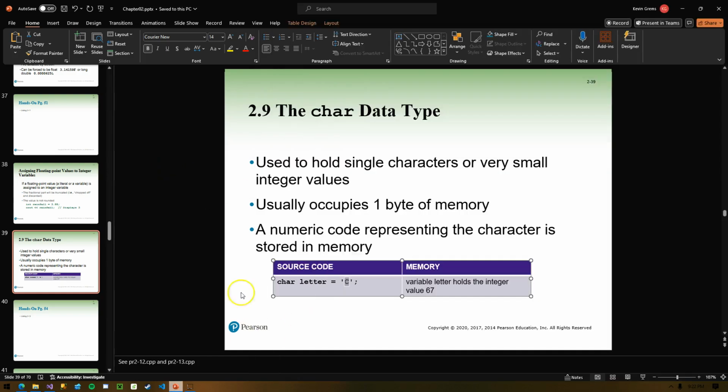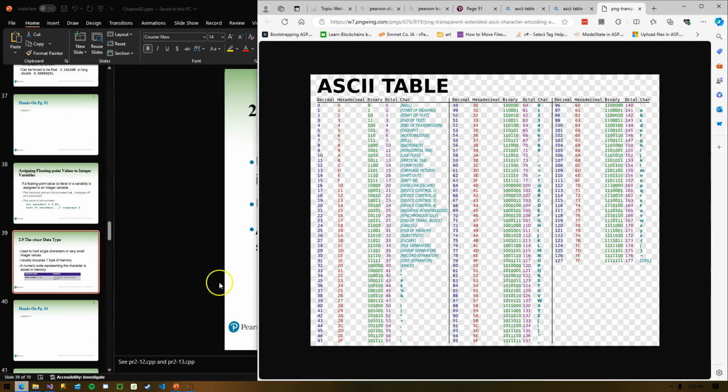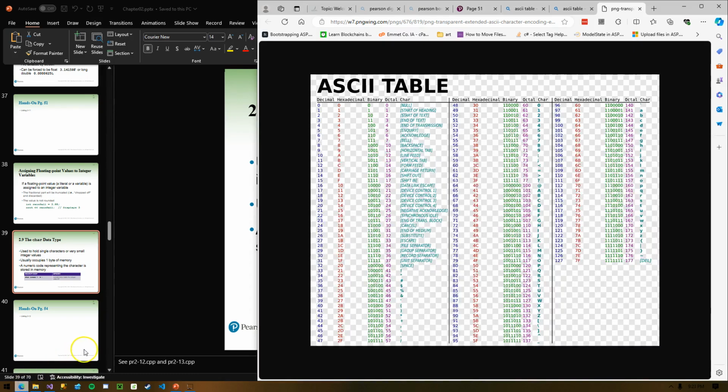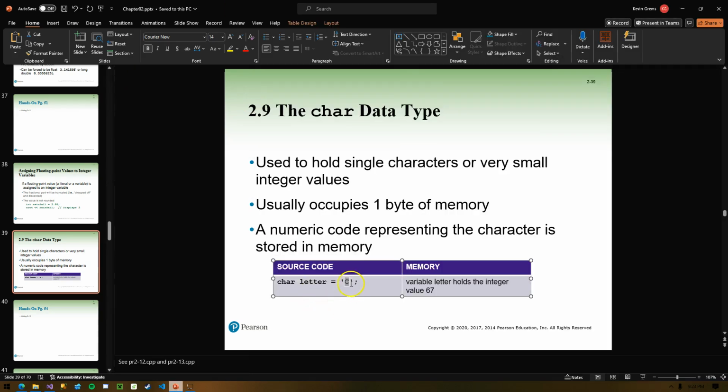All right, let's look for the letter C. Notice the columns here: decimal, hexadecimal, binary, octal, char. We're going to look in the char column for the letter C. And sure enough, decimal value is 67. You can see the hex value equivalent, the binary equivalent, the octal equivalent. So behind the scenes, when the computer sees the char C, it's substituting the value 67.